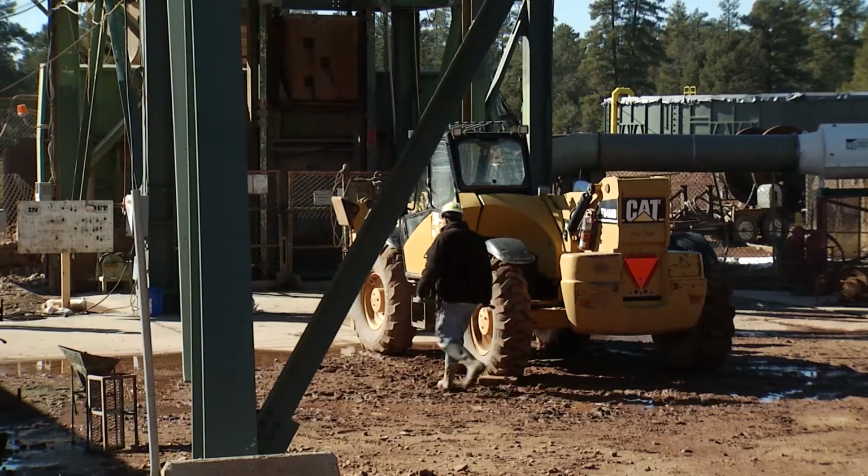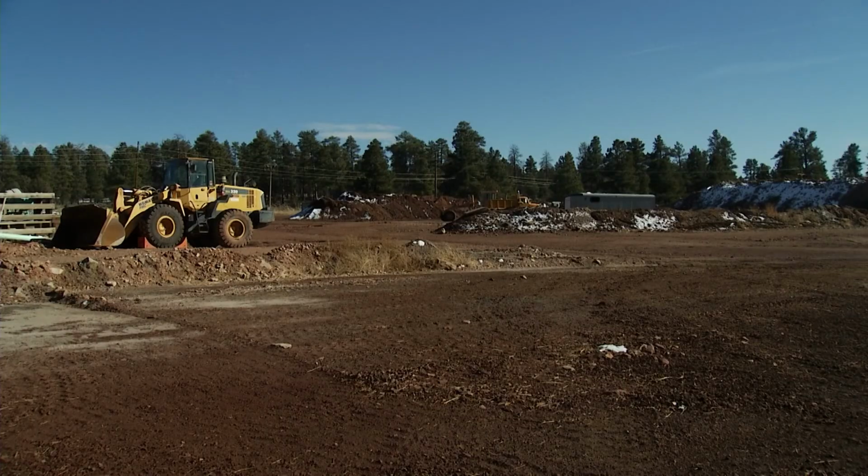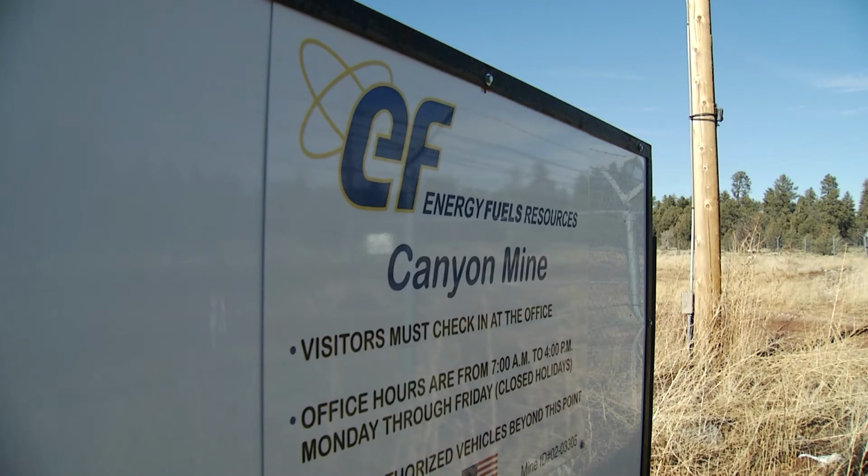I think Mr. Bain's conclusion that the uranium industry is dead is premature, and he knows as well as anyone else that watches the market that it's cyclic. It's on a down cycle right now, but it could be back this year. And Energy Fuels is betting on uranium prices rebounding. Mark Chalmers says right now prices are too low for his company to extract any uranium from Canyon Mine. Most of the world producers of uranium need prices in the order of $50 per pound to make them profitable